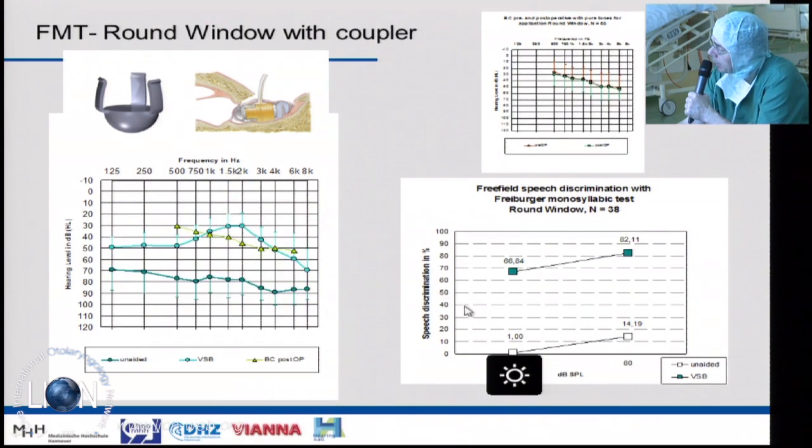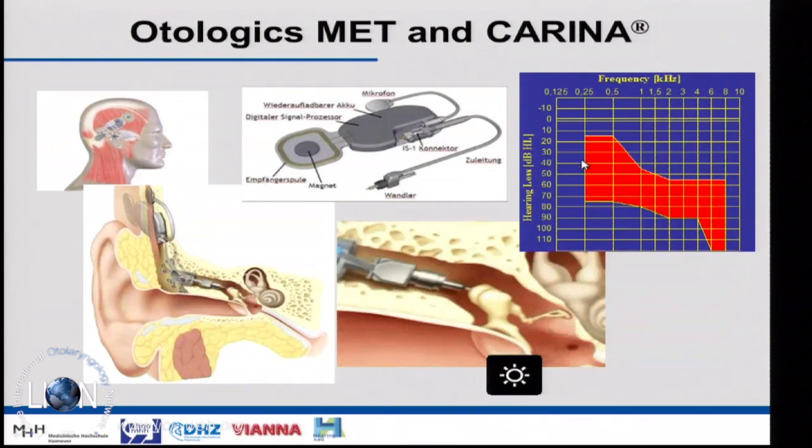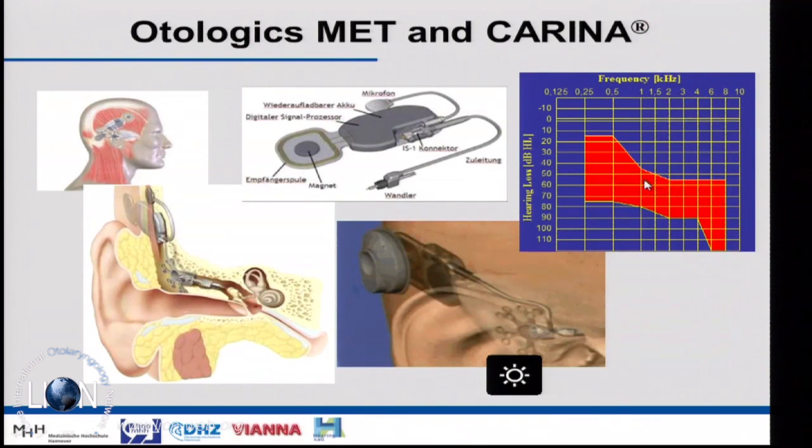And when we look at what the patient gets in terms of benefit, such as speech discrimination, there is a huge improvement over the non-aided situation. So these patients really benefit from that implant and the coupling side. Now, if the hearing loss, the sensorineural component, is more pronounced, then we need more powerful devices, which actually use